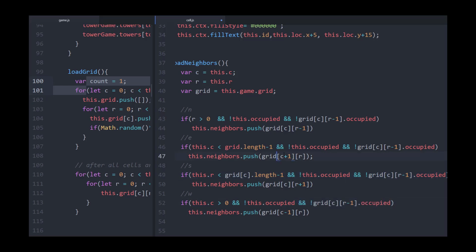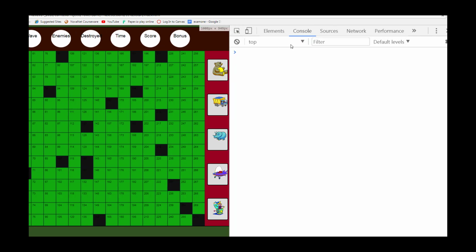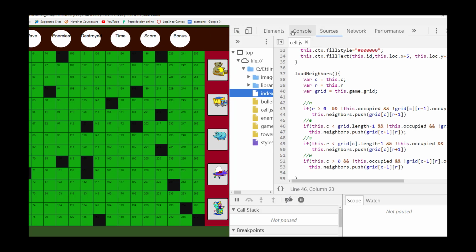So for each of these, I simply want to take these guys and paste them in here, and I'm going to take these guys and paste them in here. And so do not add my north cell, for instance, if it's occupied, or in this case my west cell if he's occupied. Now let's go ahead and test this and see what it looks like. If I come back here and run this again, do I get any errors? Okay, I didn't get any errors. That's promising. And so the next thing I need to do is go ahead and take